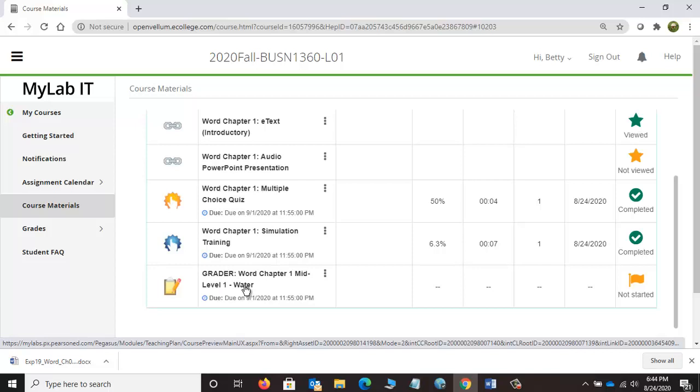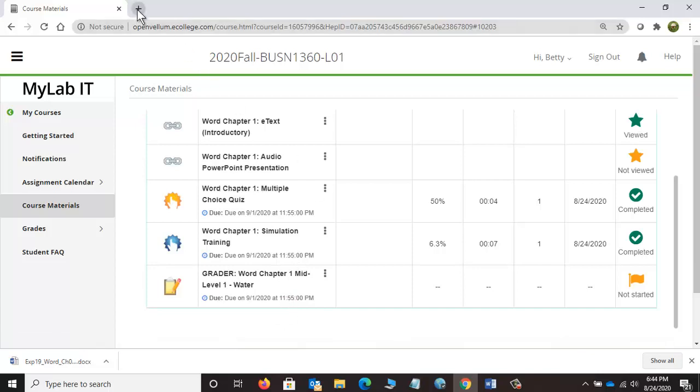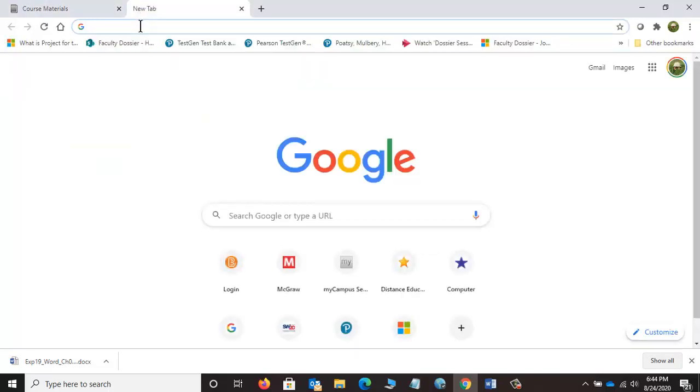See, the simulator is great because you don't have to have anything set up on your computer. But you will need Microsoft Word on your computer. So I want you to hang with me for one really quick second. I'm going to open another browser tab, and I'm going to go to the portal, to the website that was in your syllabus,